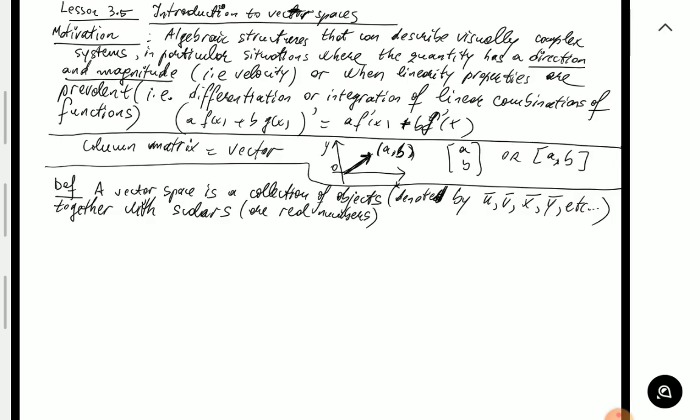But also, as I said, in its most abstract setting, these scalars don't exactly have to be real numbers, although you're not going to encounter this type of situation. So as long as the properties that follow in this definition are satisfied, these vectors and scalars can be really anything, right? Any mathematical object. So it's a collection of objects together with scalars and two operations: